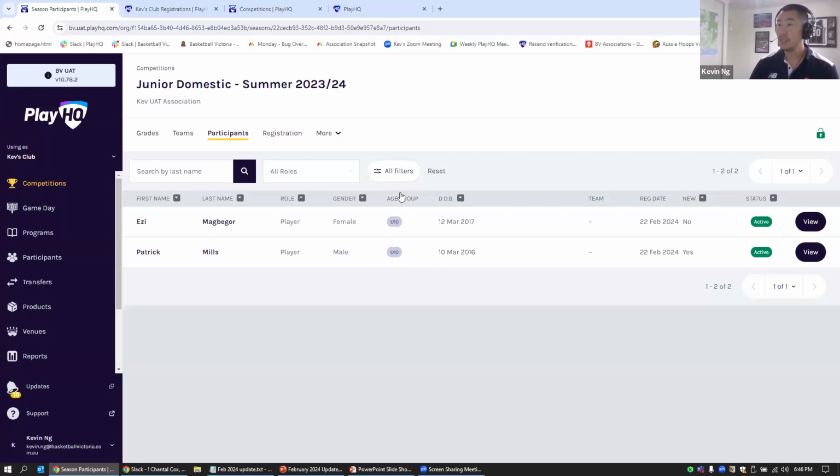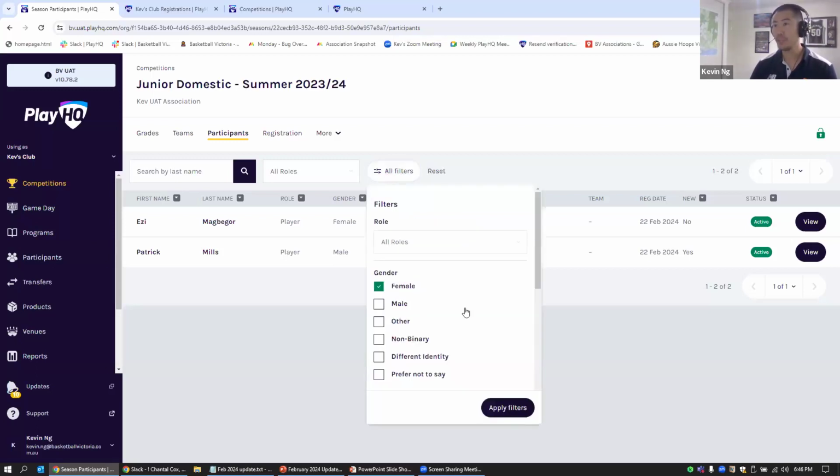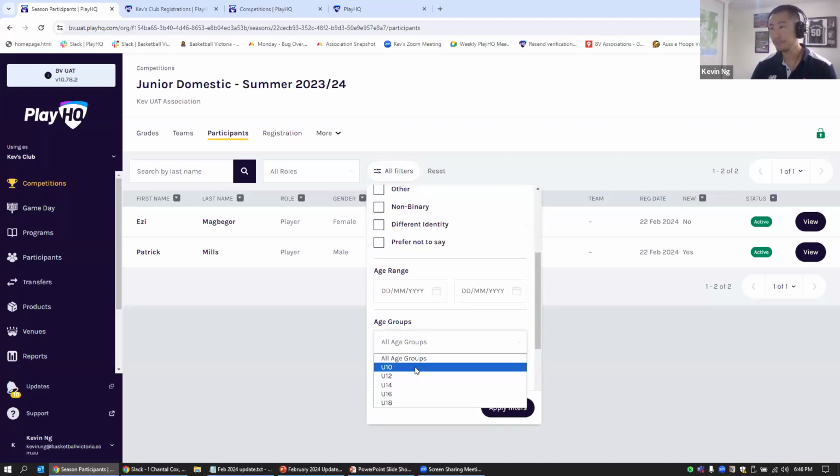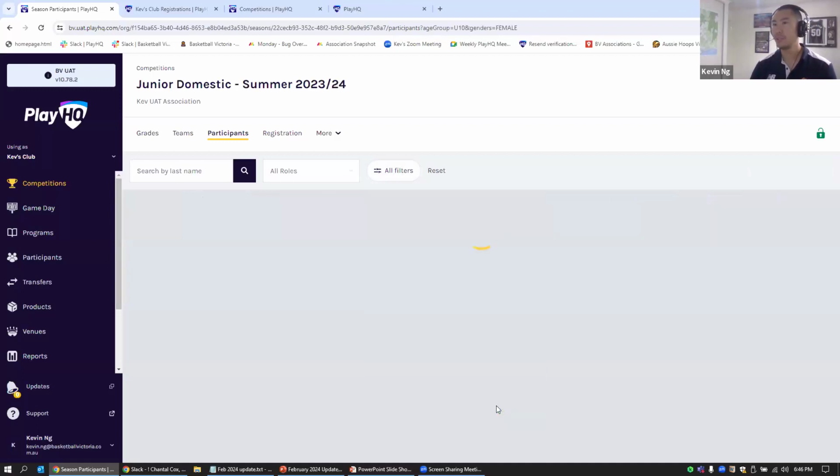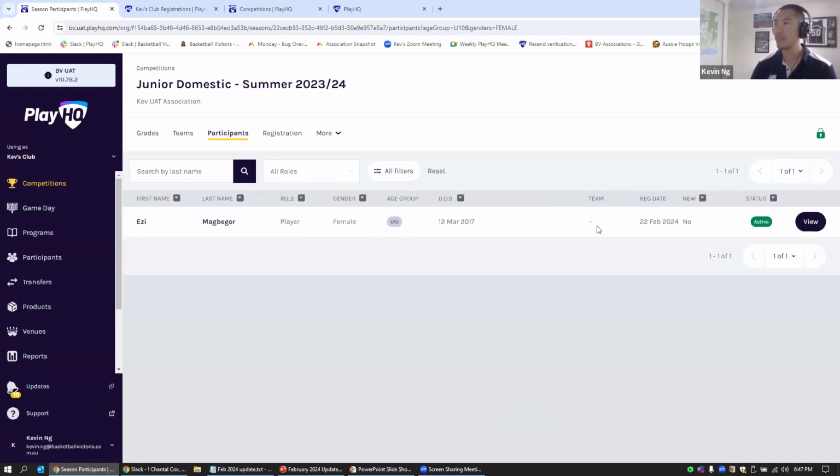So the other thing you can do is go to filters. Let's search for all of our girls that are under 10 and apply the filter. And what will happen is you'll only be shown your under 10 girls. So in this case, Ezzy's our only under 10 girl. Now, hopefully you'd have more than one, but you're going to have however many. You might look at, okay, I've got 30, I've got 40, let's say I've got 42 under 10 girls. Then you go, all right, roughly I want about 7 players in that team. So that gives me 6 teams. Okay, so it speeds up the process of managing your registrations once registrations close and working out how many teams